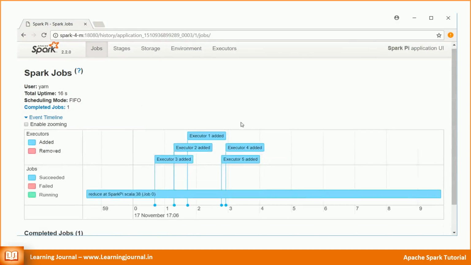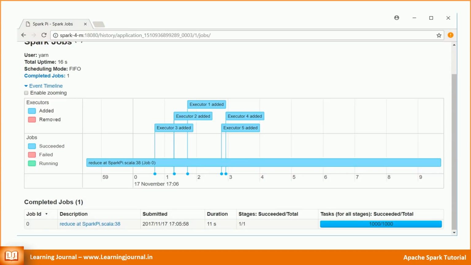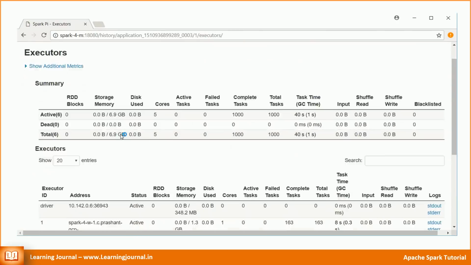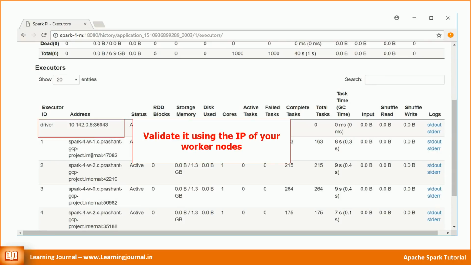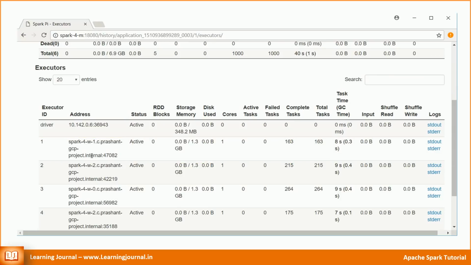So, we started these many executors. Let's review the driver. I used Spark Submit from my master node, and the driver is running on one of the worker nodes. That means the driver is also running in the cluster, and it has no dependency on my local computer. Great! It was a long session.